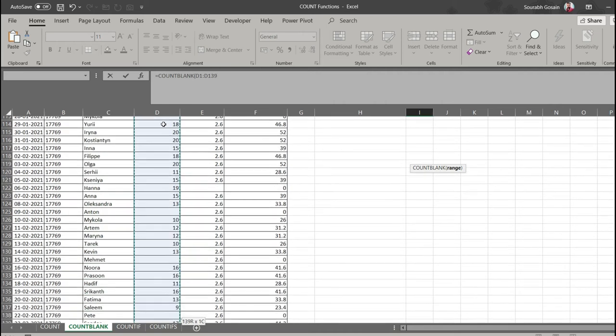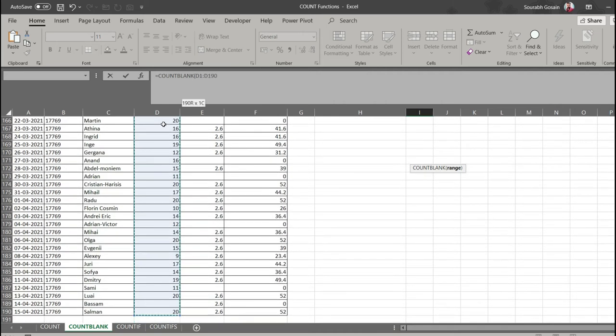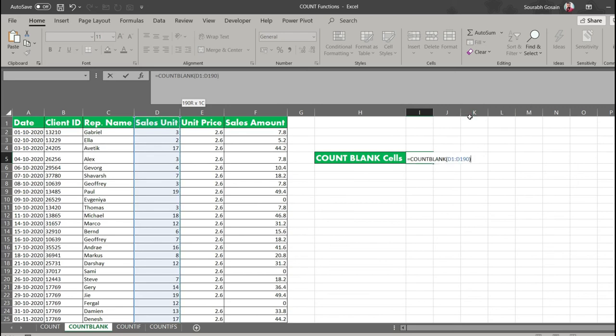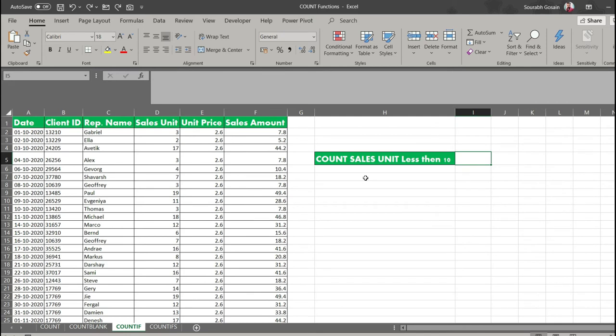Will select till the last, will close a bracket and hit enter. And here it is. So we have in total 10 blank cells. Let's say I delete one more value, and as you can see, the count of blank cells have increased to 11.